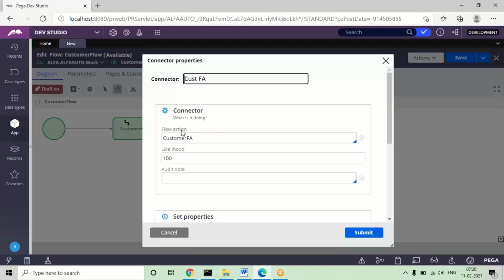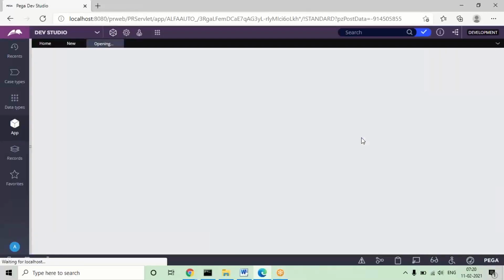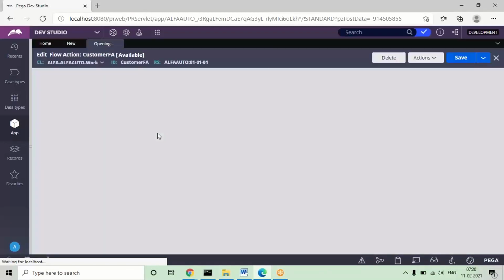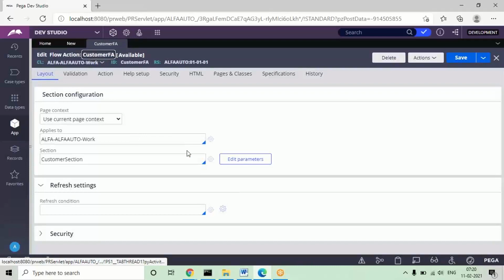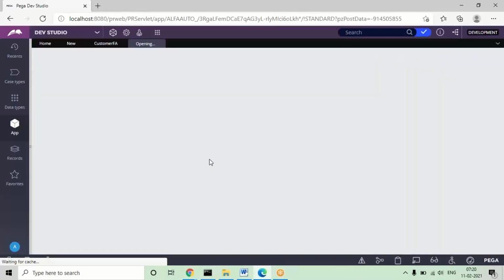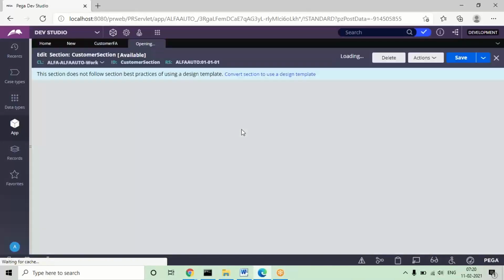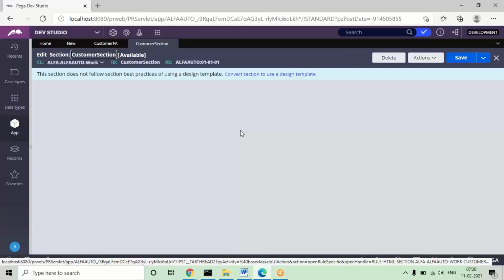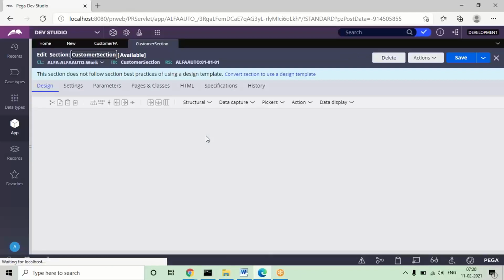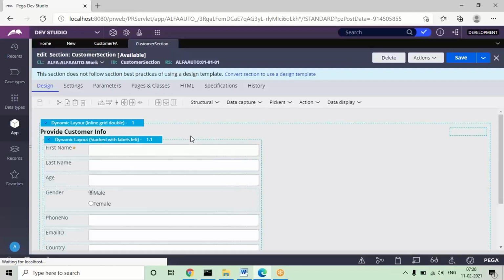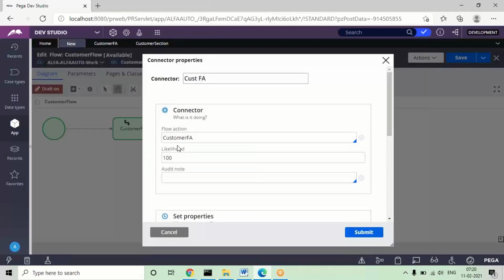internally, what is there inside the flagship? You'll have a section. And what is there in the section? Properties are there. So even though we don't directly map all the rules, if you open the section, inside the section we have properties. Though we don't directly map every rule in the flow, indirectly every rule will be connected in the flow. Because when the flagship is given, the flagship contains a section and the section contains properties.